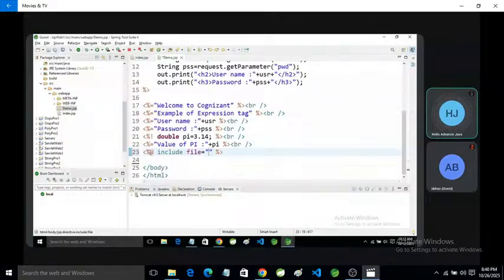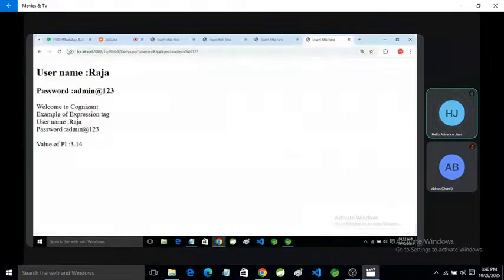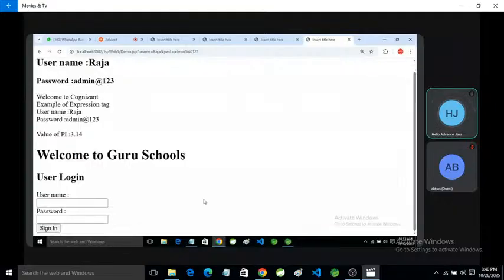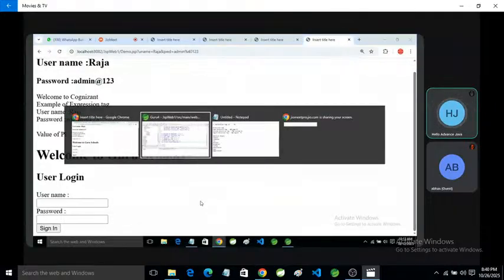Suppose you want to add the content of the index file in the current file. So here we can specify the file name. It will add the content of the index file at this location. Here you can see this. The full content of that page we can add in the current page.